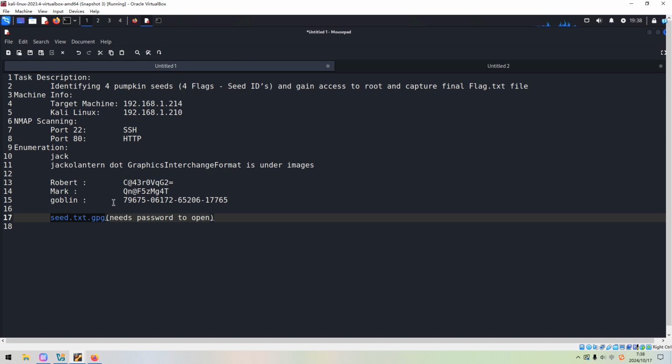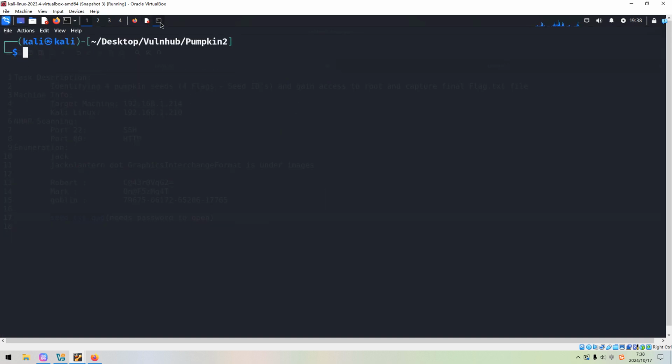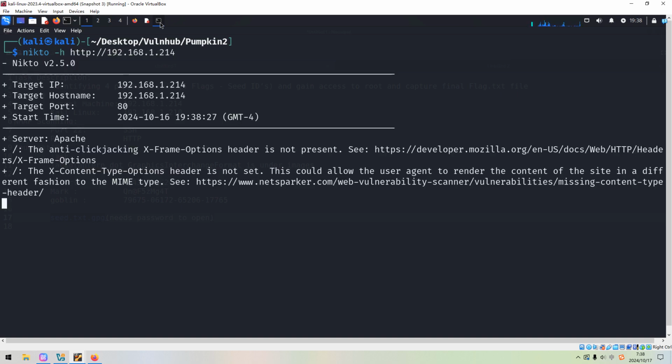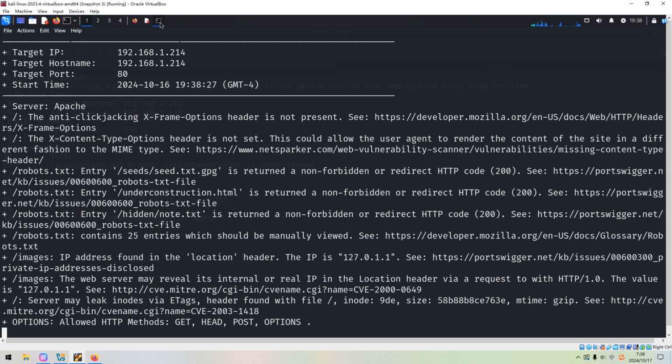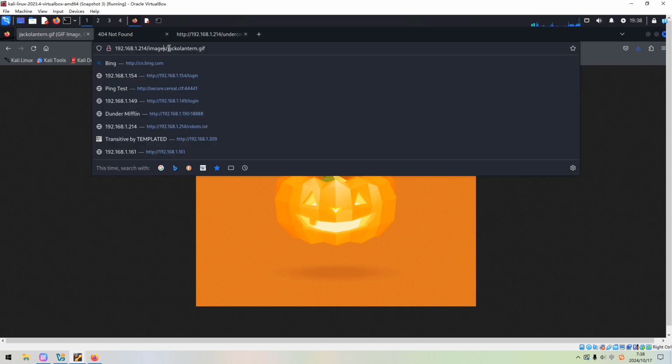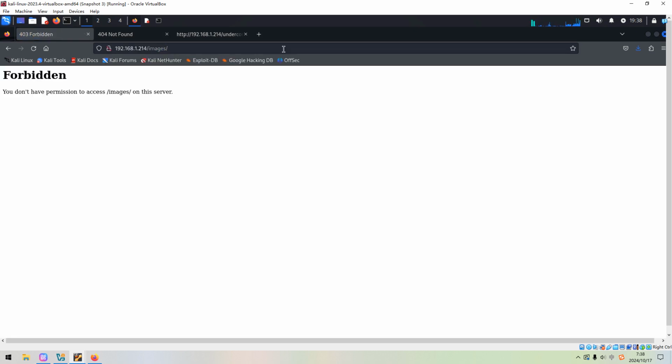But before we do that, I'd like to do automatic enumeration with this application, right? Press enter. Found images directory, so we can access this directory. Forbidden.